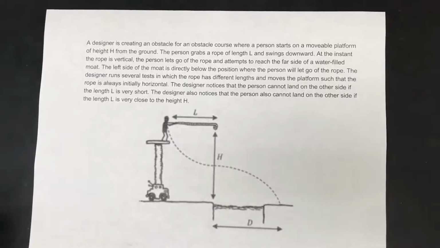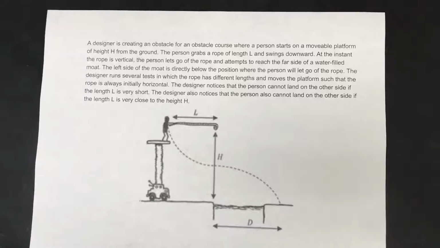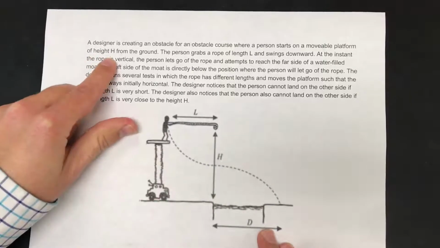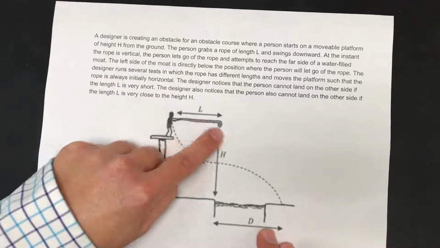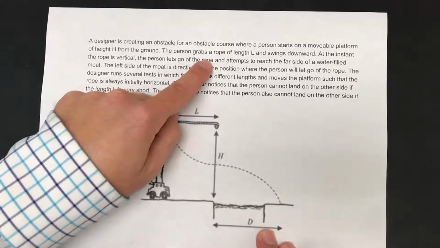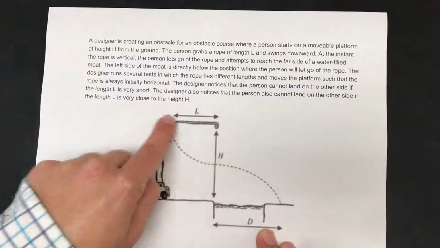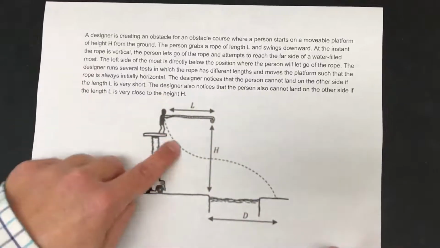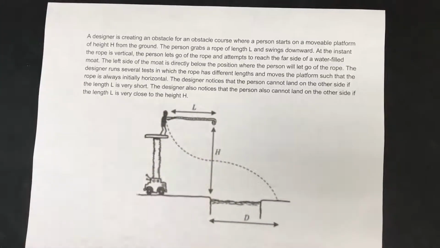It says in this problem, a designer is creating an obstacle for an obstacle course where a person starts on a movable platform right here of height h above the ground. So that's the height right here. The person grabs a rope of length L right here and swings downward. At the instant the rope is vertical,